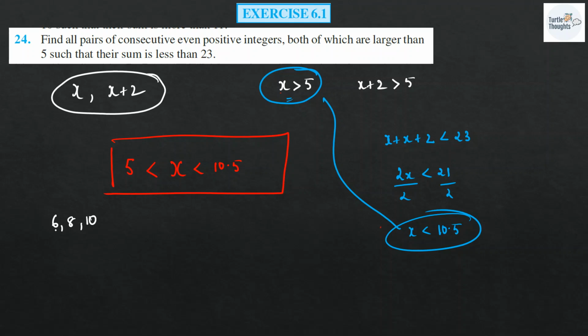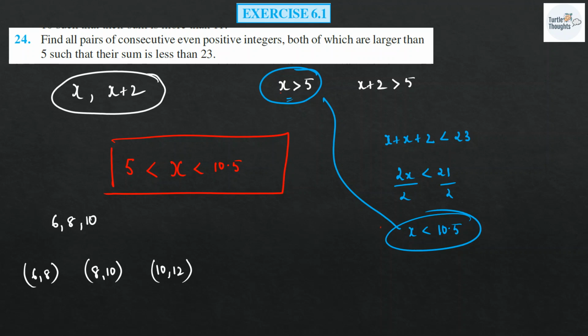Yes. So if I take 6 as my number, the consecutive number is going to be 8. So this is one of the solution sets. If I start by taking x as 8, x and x plus 2, it is going to be 8 comma 10. This is one more solution set. I can take 10 and 12 as well. If I take the value of x as 10, the value of x plus 2 is going to be